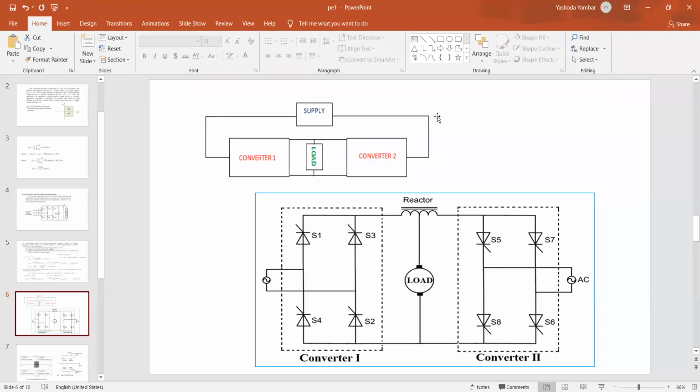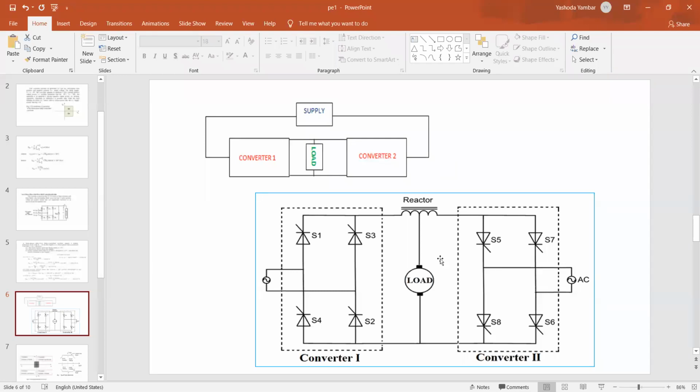In order to transfer the power from source to load and make the circuit act as a rectifier or converter, the firing angle should be less than 90 degrees only. And in order to make the circuit transfer the power from load to source, the firing angle should be greater than 90. When the firing angle is greater than 90, the circuit acts as the inverter. When the firing angle is less than 90, the circuit acts as the rectifier.